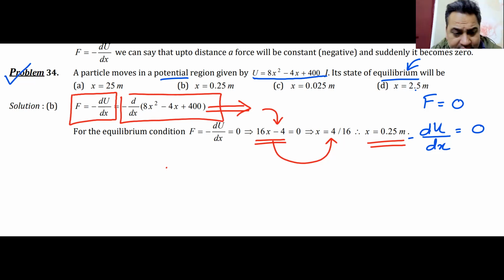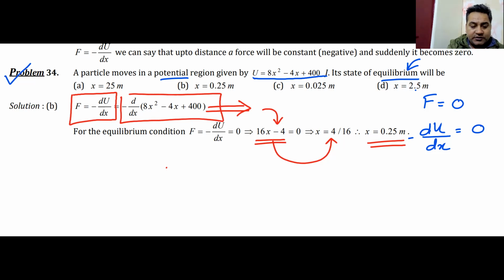this equilibrium part, and we must now move on ahead and note some important points about elastic potential energy. These are the type of points which are going to get converted into questions, so please note them down. I will post this second classwork note sheet in your Telegram group just after the class. Don't worry about it, you will have it on your group. You can have a look at these notes and make a note of them.